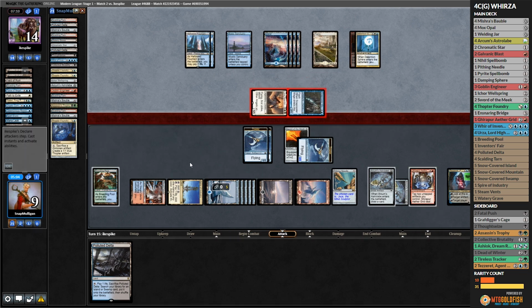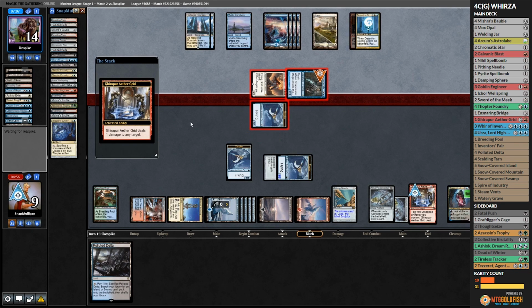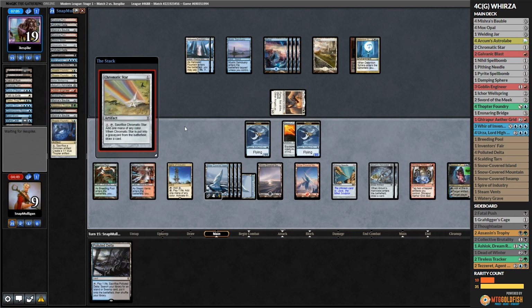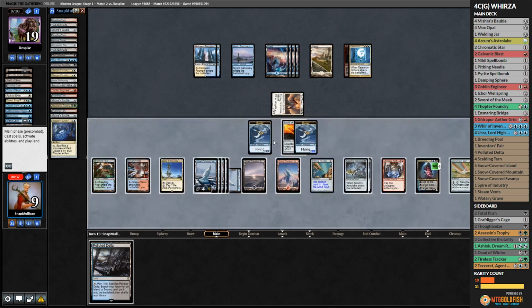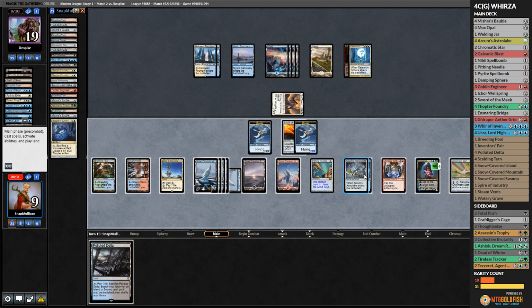Yep, getting in. We'll block Lyra. We'll ping Snapcaster. Pass the turn. Chromatic Star. Okay. 1, 2, 3, 4, 5, 6, 7. That's 14 plus 2. So 1, 2, 3, 4, 5, 6, 7. 14. And then ping 15, 16, 17. Not there yet. Okay. Then we're just going to...